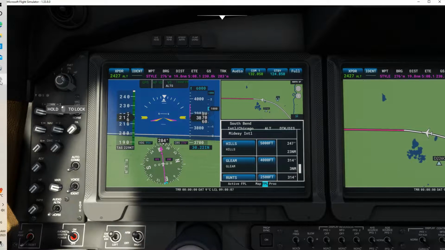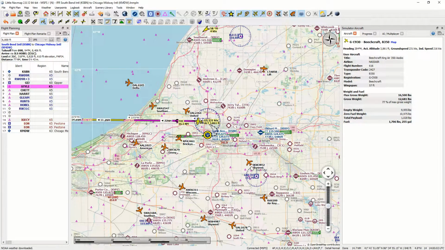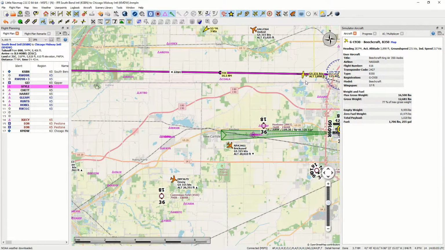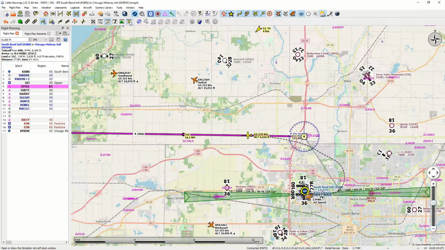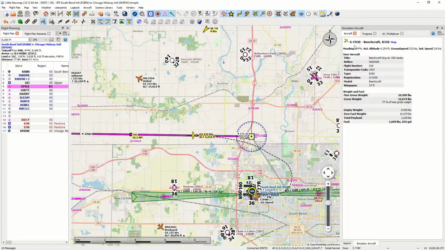And if I bring up little Navmap and zoom in, you can see there's our aircraft, and you can see there's the wind blowing a little bit out of the north, and not very strong, only 3 to 4 knots. Now there's the information about our aircraft, and you just click on this, it'll bring that up. So there we have GC930, that's on our tail on the outside. It's a Beechcraft